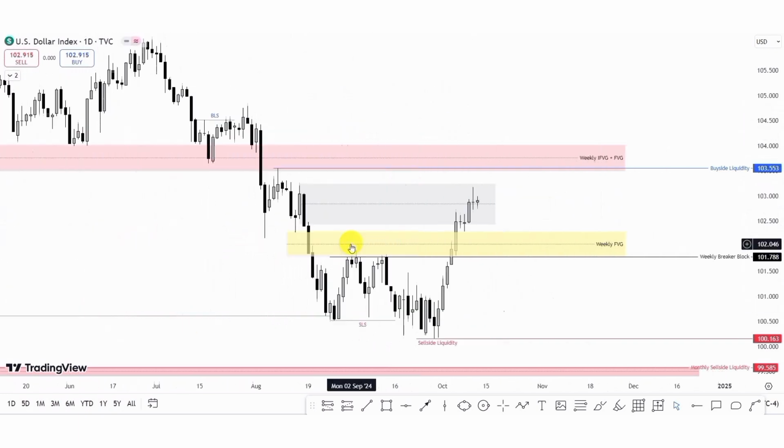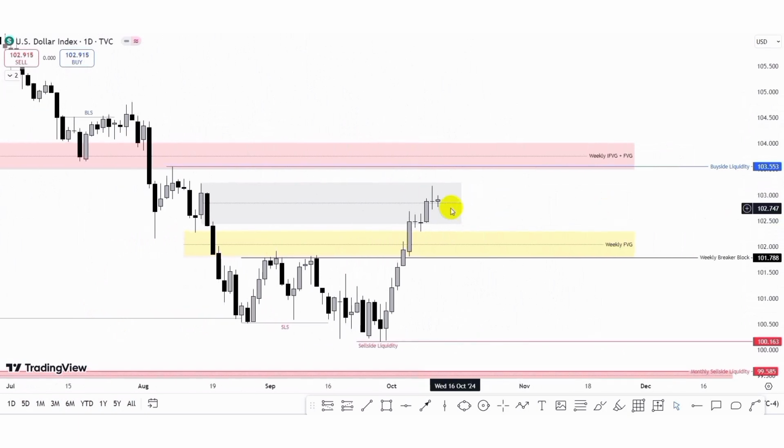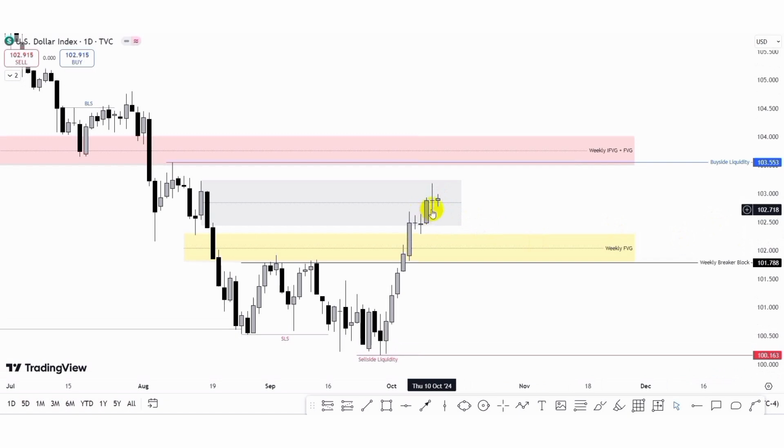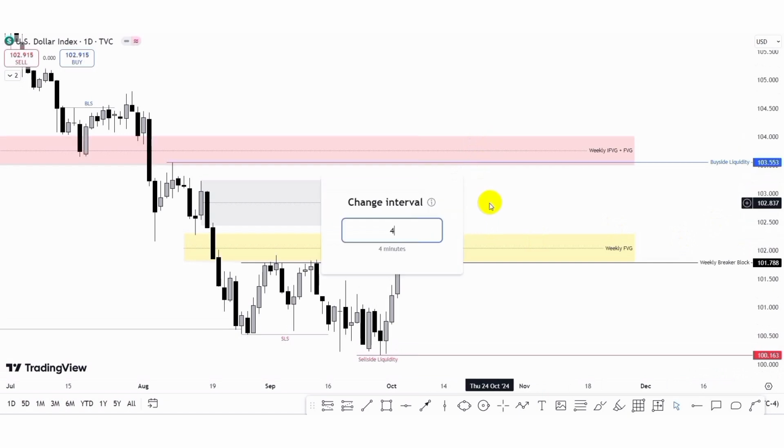sponsored this bearish move to the downside that took out all these sell side liquidities. So now what we are to expect to see next week is that price would dip, or may actually dip lower, into the weekly inversion fair value gap and consider this as a sell side liquidity before we have the push of price to the upside. Or we could see price may just push further into the weekly inversion fair value gap and the fair value gap. But I'm expecting to see a push of price to the downside. We can see we have a fair value gap here. So price may dip to fill up this fair value gap and then continue to the upside, or price may dip lower to take out this sell side liquidity before pushing to the upside. So let's check the 4-hour time frame.